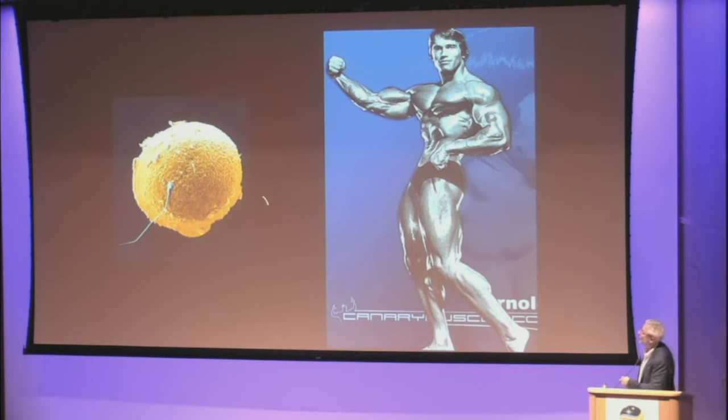Because what you're dealing with in the egg, to go from this creature on the left to this creature on the right, is really an interplay between the proteins inside the egg that are from the mother, and the DNA inside of the individual that will develop from this egg. It's that interplay of the proteins and the DNA with the